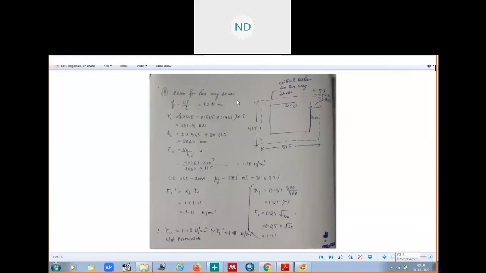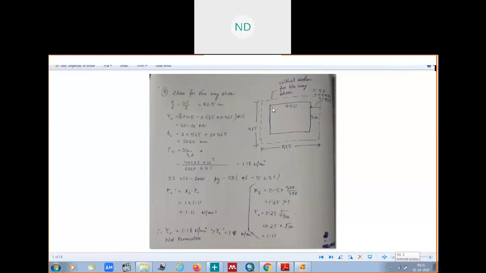Whether your design which you have done and the reinforcement you have provided is safe or not along the shear. IS code says that if you check for shear, it should be checked in critical sections. I think I had said this in the last class, but maybe the network was having issues, so I think maybe it was not clear. So let me